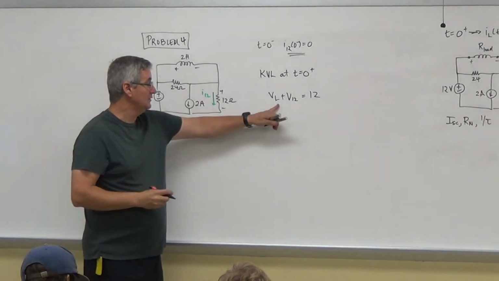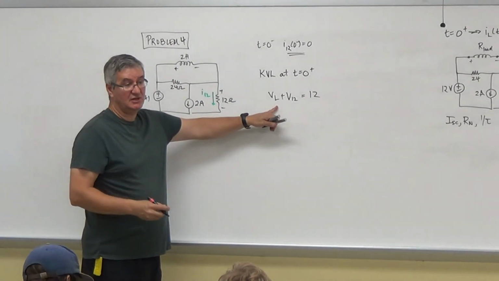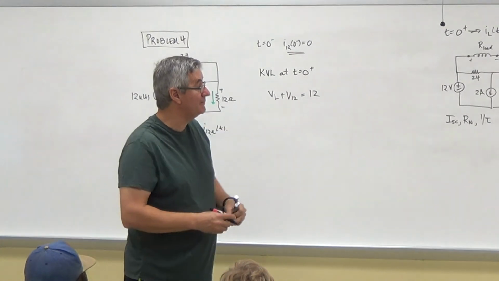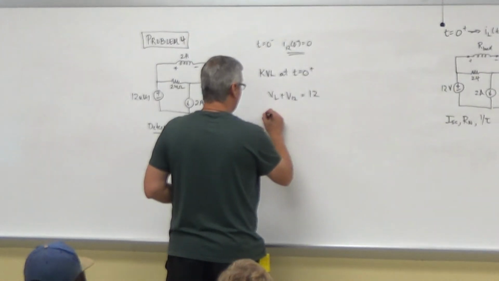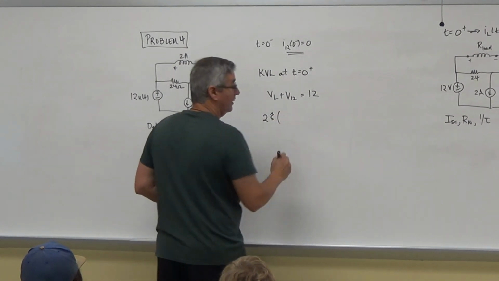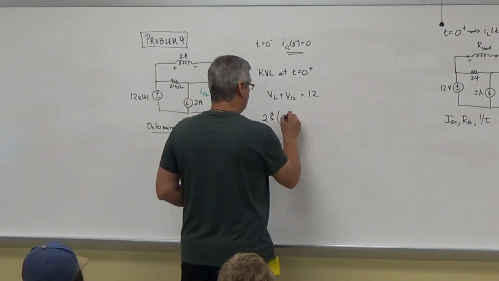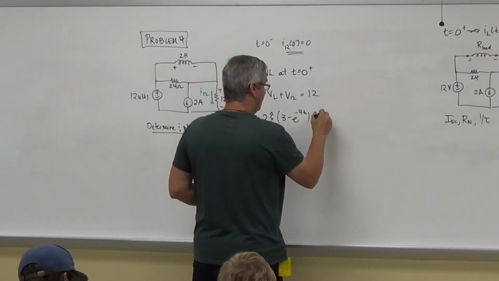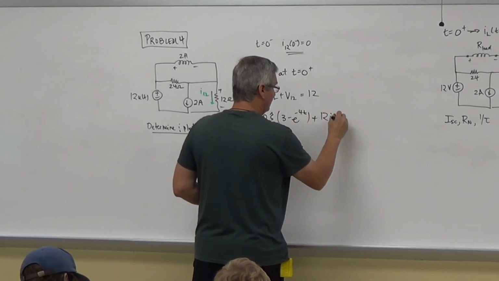So what do I got to do? I'm just going to take the derivative of that guy. If I take the derivative of that guy, the constant term drops out here. So then I'm taking L, so it's got to be 2 times d/dt of 3 minus e to the minus 4t plus 12 I12 equals